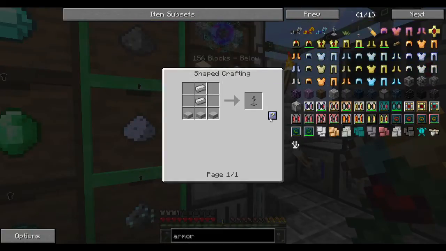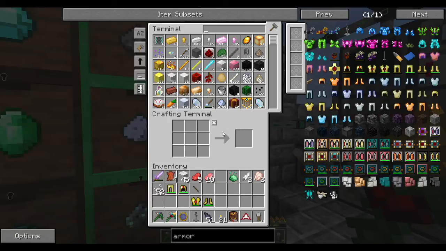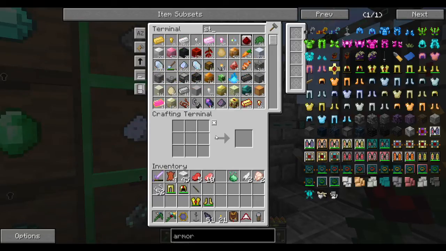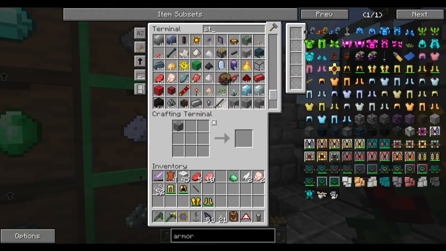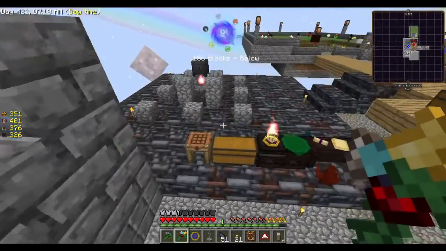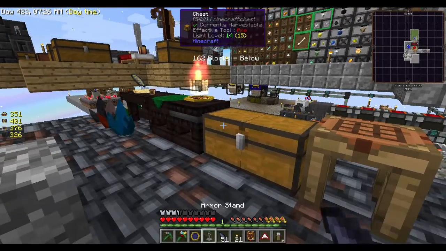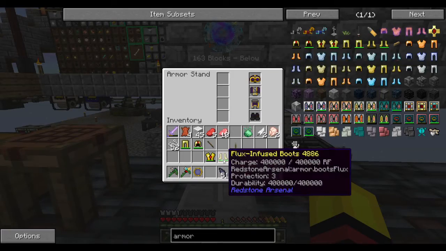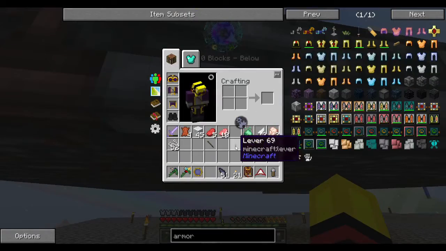I am making an armor stand. An armor stand with a lever, perhaps? Where's my sticks? There's my sticks. An armor stand with a lever will let me put this stuff down and then quickly put it back on again. So I don't know, let's over here. So if I put my other armor on there and then I come down here and plop the lever under there,